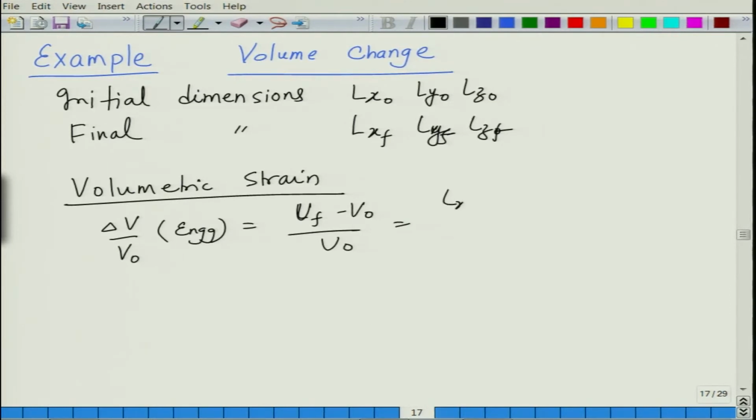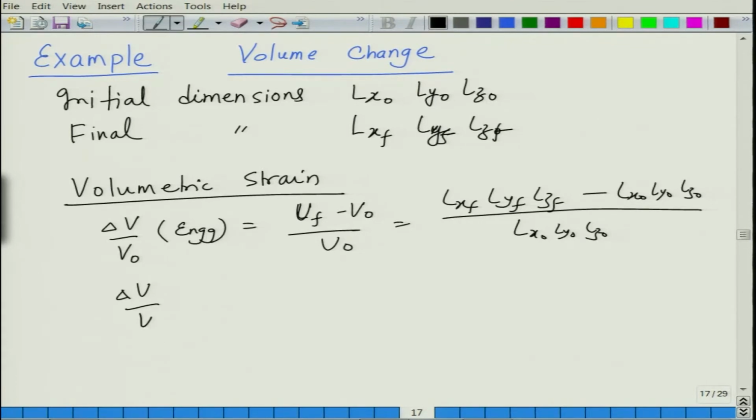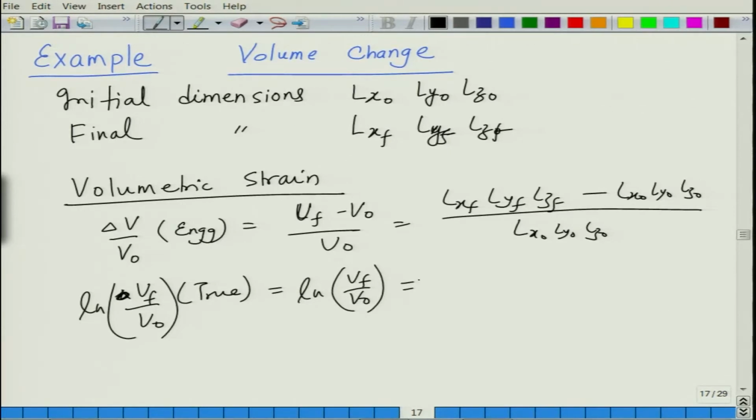So, this is Lxf, Lyf, Lzf minus Lx naught, Ly naught, Lz naught divided by Lx naught, Ly naught, Lz naught, and if you calculate delta V by V naught for true, this is ln of Vf divided by V naught. So, this will be ln of Lxf,